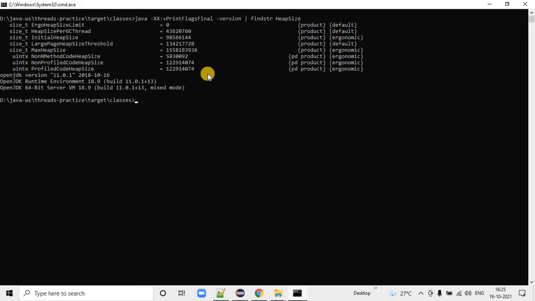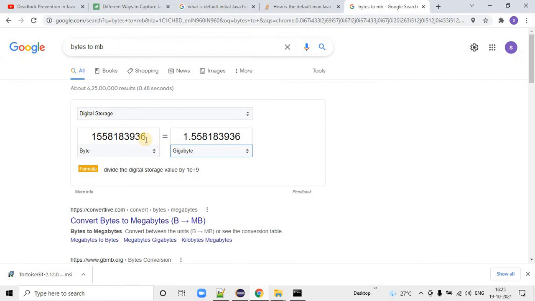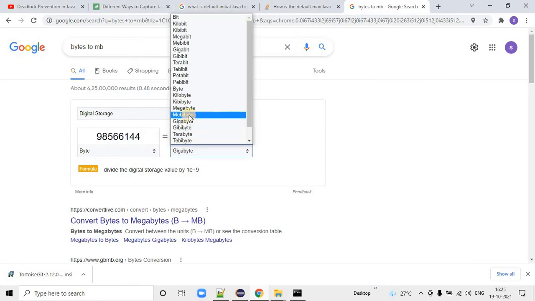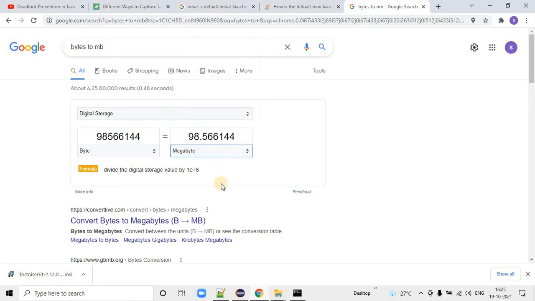Here, if you see, this is the initial heap size, in bytes. If you convert this into MB, it comes close to 98 MB, the initial size of the heap.